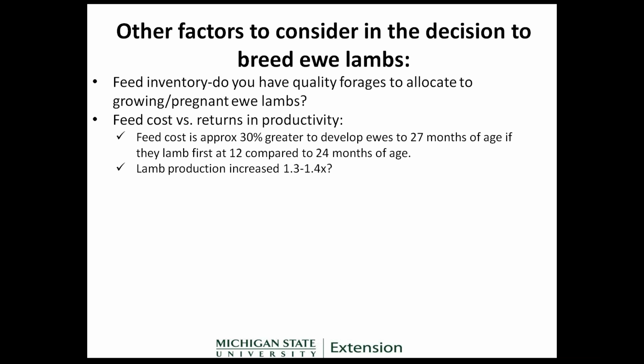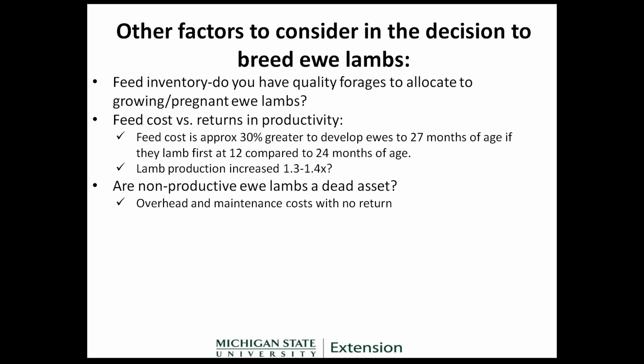And how much greater productivity they have in that first lambing. I mean, those first ewe lambs, after all, often have a hard time getting over 1.2, 1.3. In a prolific breed, they might get 1.5, 1.6, but it's not a big response. So that makes it kind of a questionable return, if you think about it in that simple way. But on the other hand, I would say, ask the question, aren't these non-productive ewe lambs